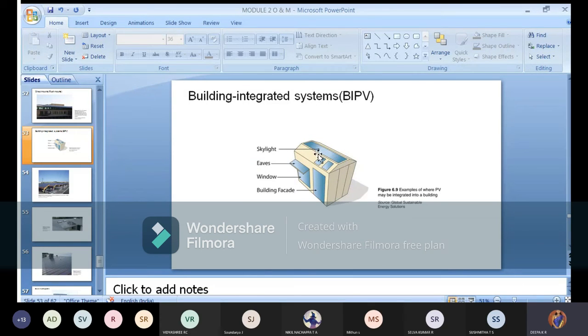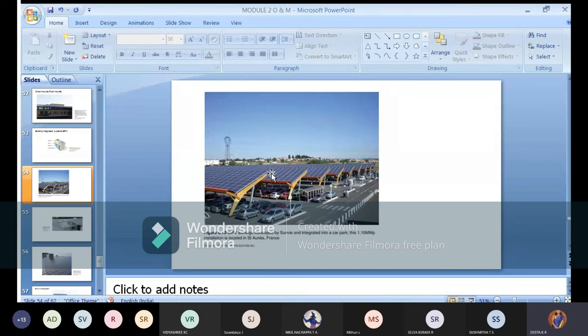You can see here skylight, here also it will come, eaves, windows, building face. Time varies, but you can assume that 60 to 70% of the output can be obtained from each and every part, so overall efficiency will be somewhat managed. So those are examples of where PV may be integrated into a building. But you should plan very properly, because they are all facing towards the sunlight. They have shown it here, not on the back side or left side where you are not getting much output. So you should be very careful where to implement it. And these are more customized, where you're going for a close-together project. I think I'll just show you one more picture. Yeah, this one.